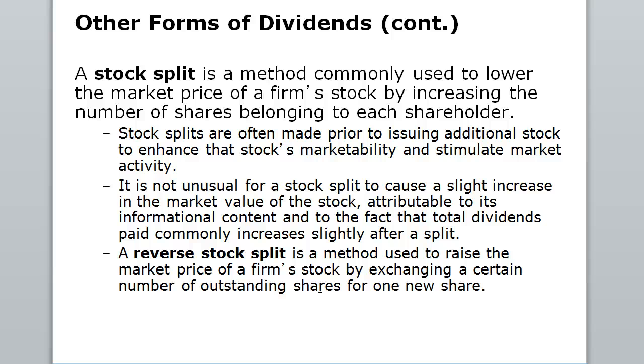So if you had 100 shares of stock at $10 a share and it splits 2-for-1, you have 200 shares of stock at $5 a share. So you really don't get any money here. It's just splitting the stock and cutting the price in half. So you have double the shares but at half the price.